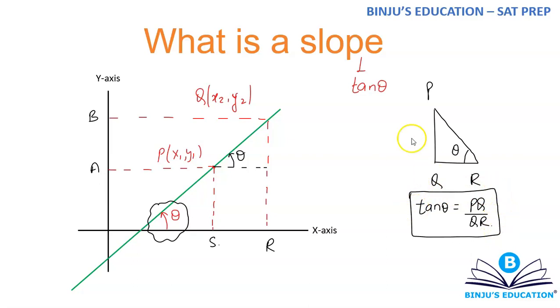So if I name this point L, in this triangle PQL, you can simply say that tan of theta will be QL divided by PL. The point is, we need to find out QL and PL. Probably some of you would be knowing this also: the x coordinate of a point is nothing but the perpendicular distance of the point from y-axis. So AP will be equal to x1, and similarly BQ will be equal to x2.